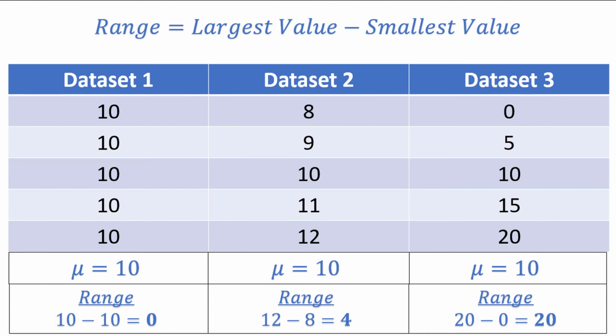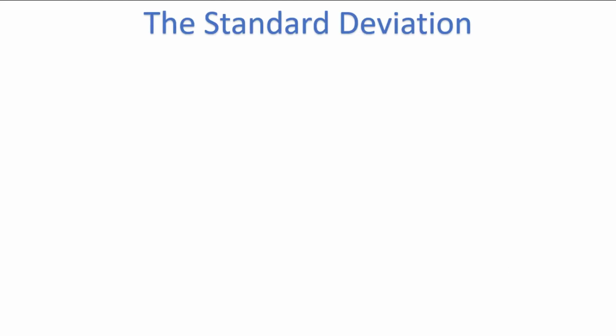The range can give you a broad idea of how spread out the data is, but isn't that great of a measure of dispersion, as only 2 data points are considered, the highest and the lowest value. None of the values in the middle have any effect on the range, so it isn't used all that frequently in practice. A much more common measurement of the spread of a dataset is the standard deviation.